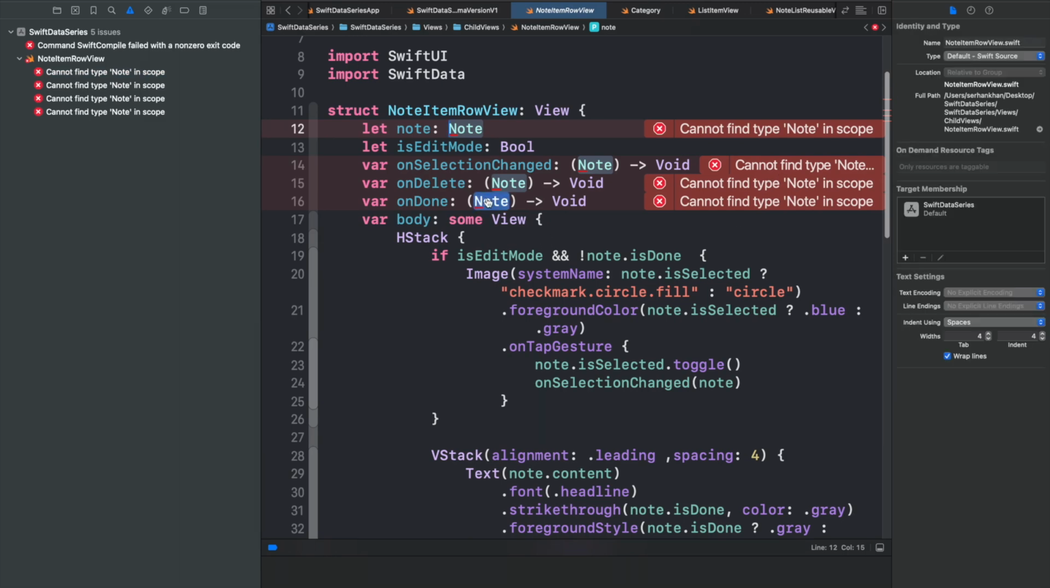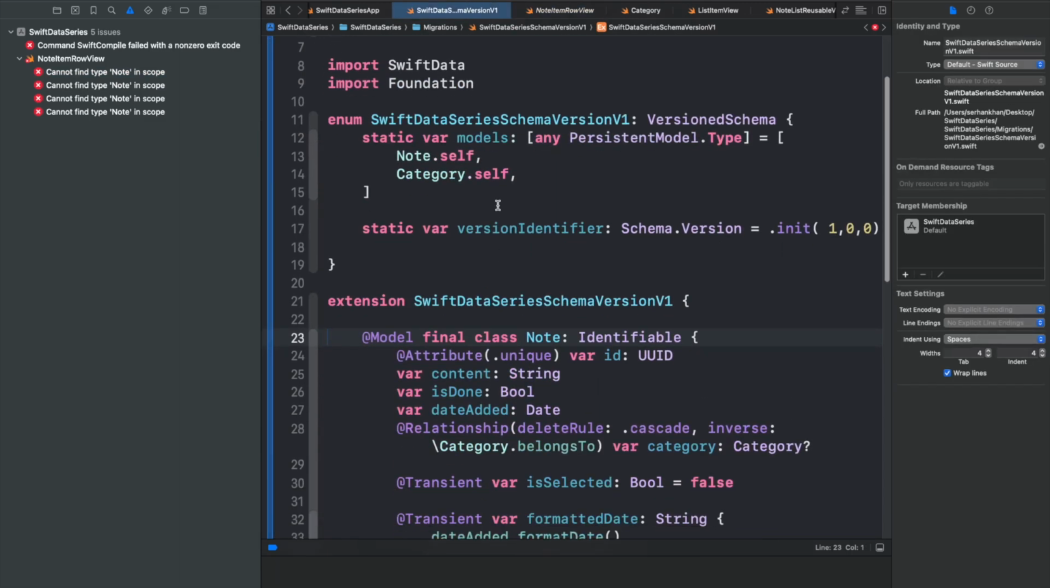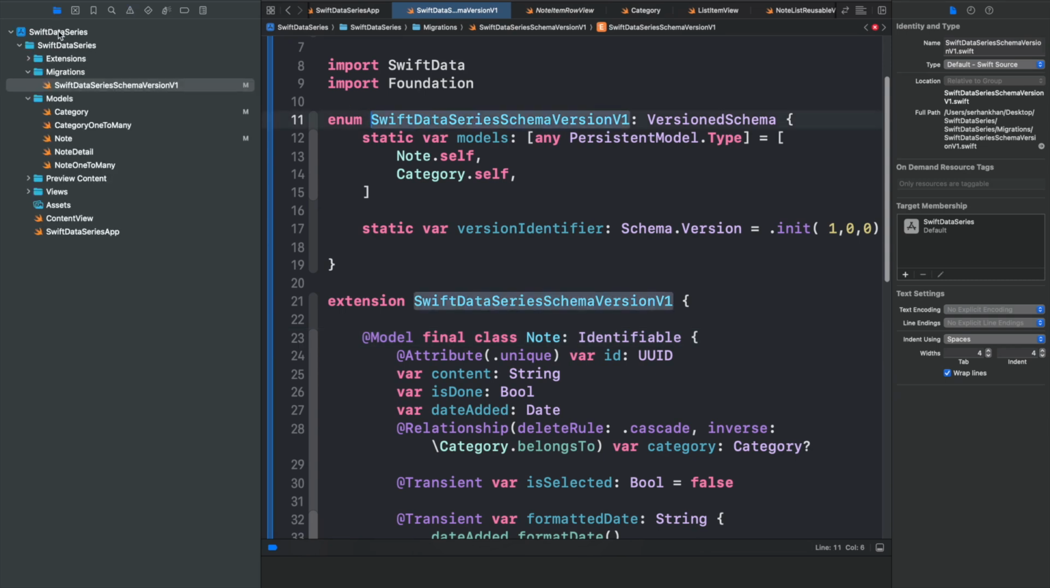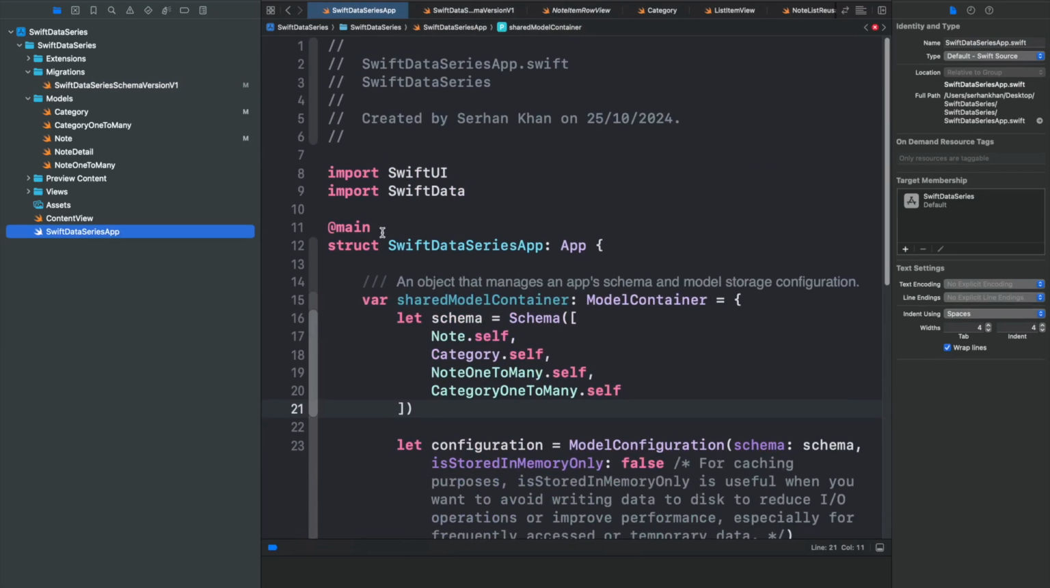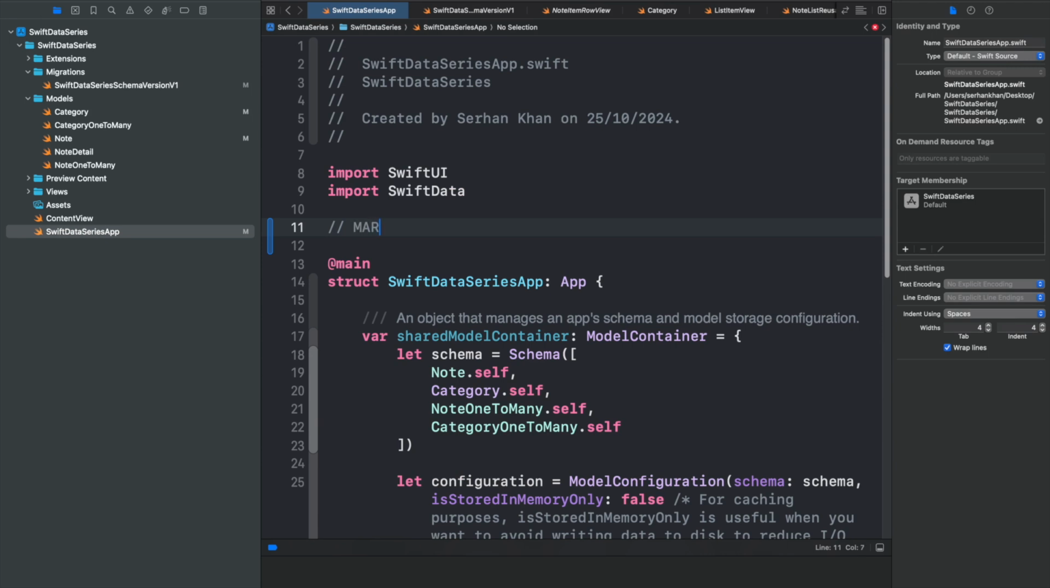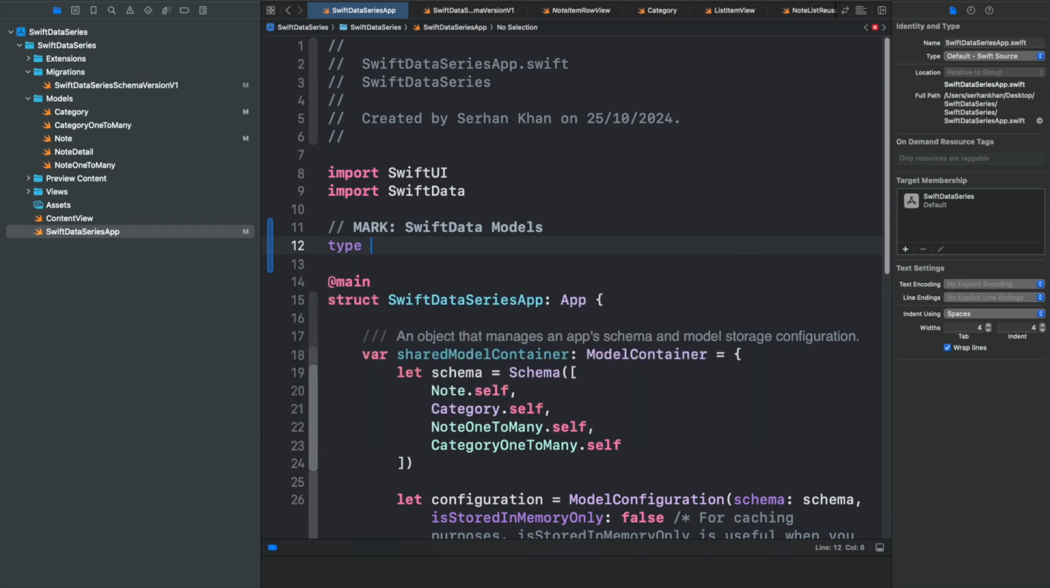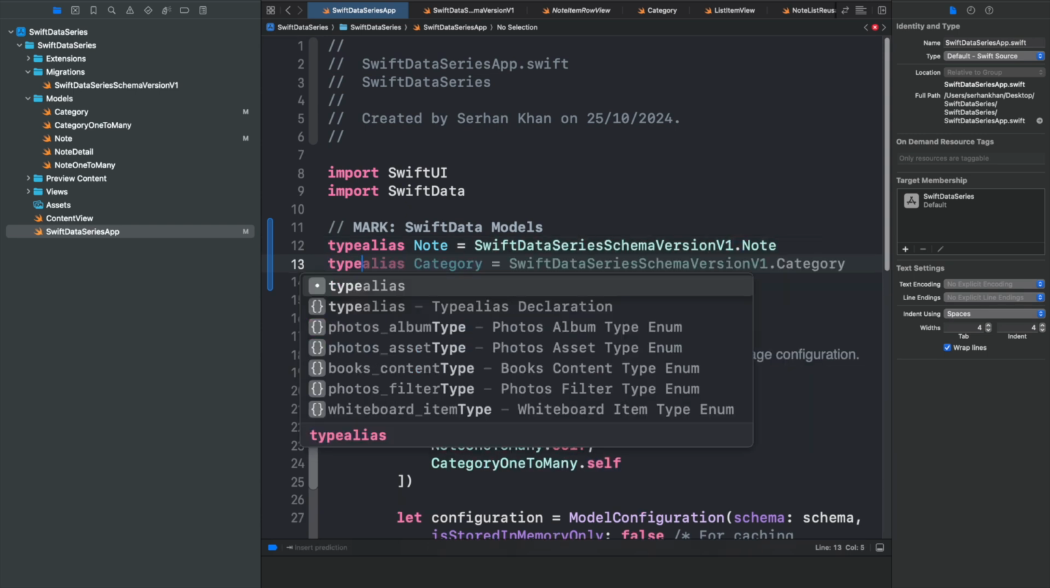found in the scope. Okay, so what we're gonna do is that in order to be able to not make too much change, and also not to change the implementation in the views, we are going to create a type alias. Okay, let's create our type alias. Let's mark SwiftData models, and let's create type alias